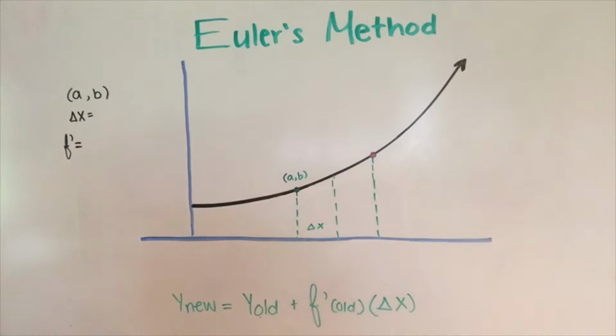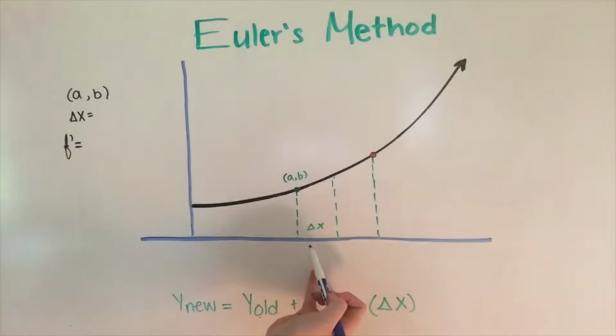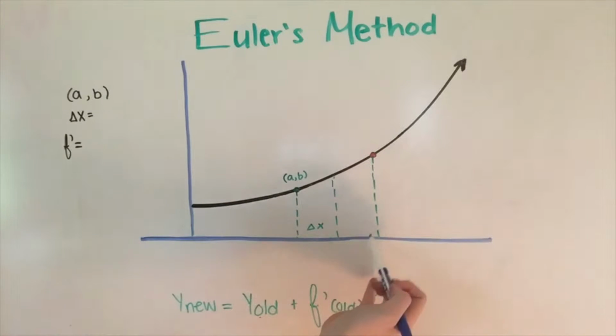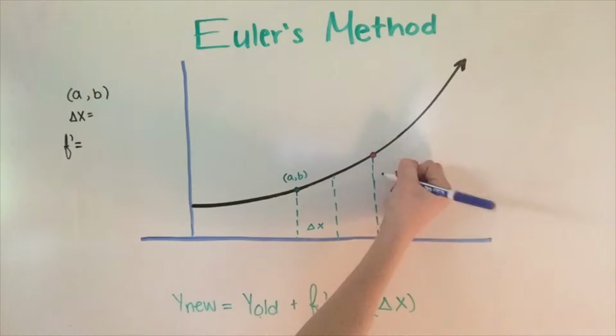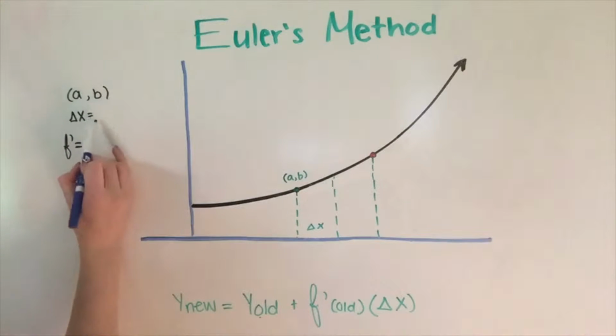Euler's method is simply an estimation formula to find a point close to its original. With an initial point of a comma b and a provided delta x, which is how far you'll be moving each time you use the formula, you're able to find a point close enough to the original that you're able to use. Now, when you're given an equation, you'll have an initial point, a delta x, which is how far